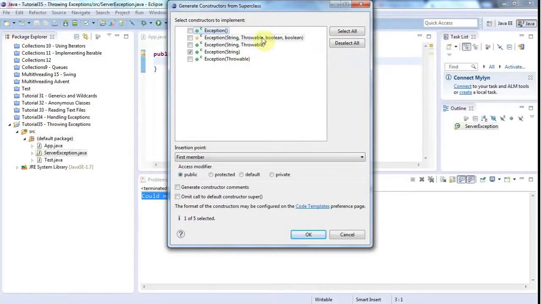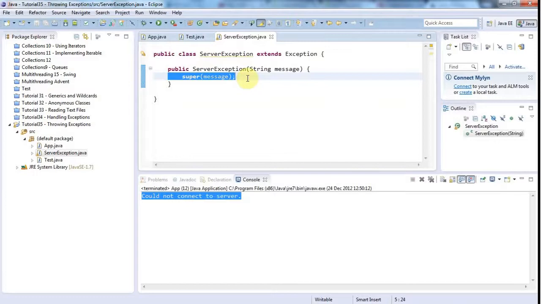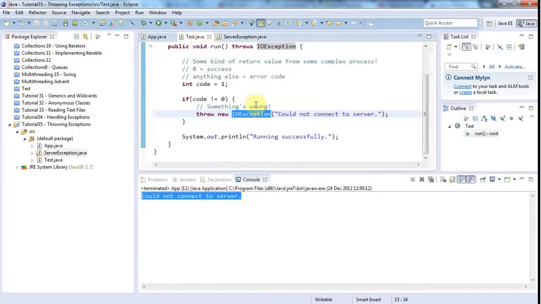parameter. And you can also supply other exceptions that are the root cause of this exception, but we'll just stick with a message for the moment. So I click OK, and I'll just let that go to super, invoke the superclass constructor here. So this doesn't actually do anything new, and you could make it do new stuff if you want. You could give it new fields, new methods that allow you to provide new information about the nature of the exception, but for the moment I'll just leave it as it is, and I'll change this IOException to ServerException. In fact, what I'll do is I'll just comment this out,